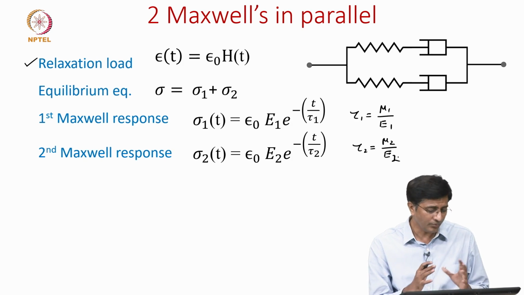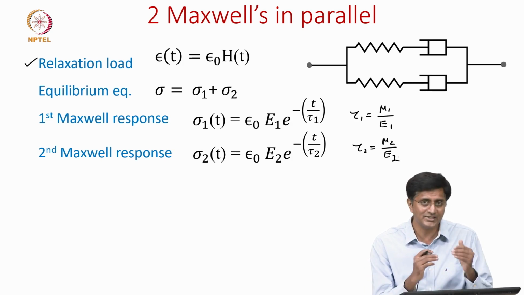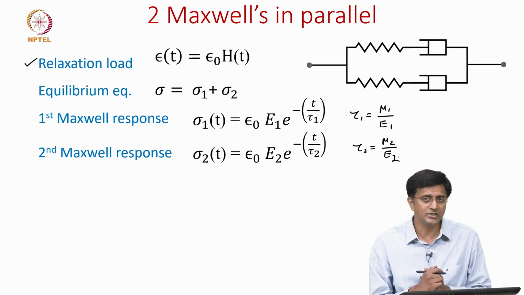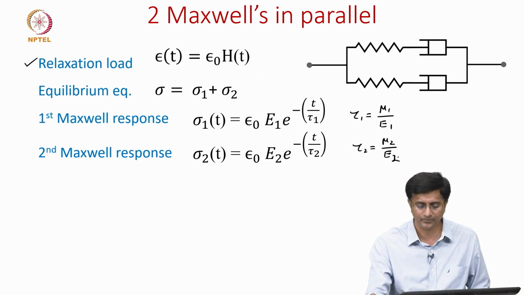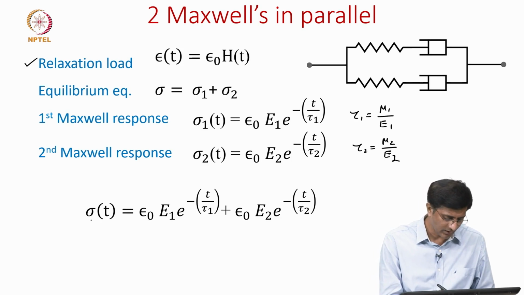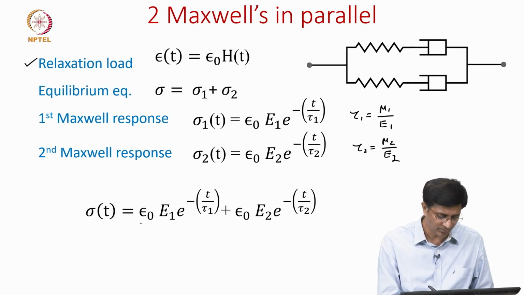Okay. Now that we have the stress response for each of these Maxwells, then finally it is very easy to find the stresses for these two Maxwells in parallel, because we just need to sum these two together. So, with that we get the stress response is simply the stress in the first Maxwell plus the stress in